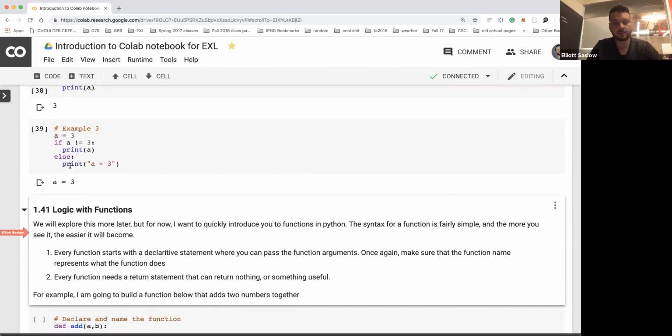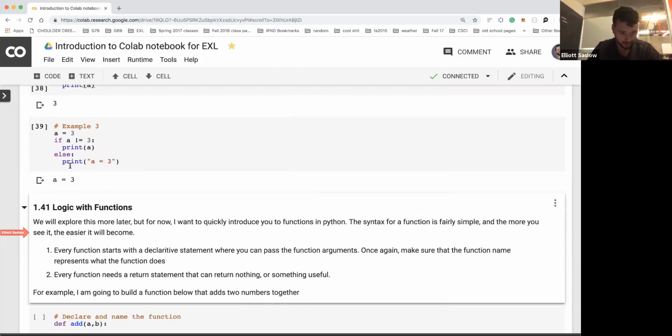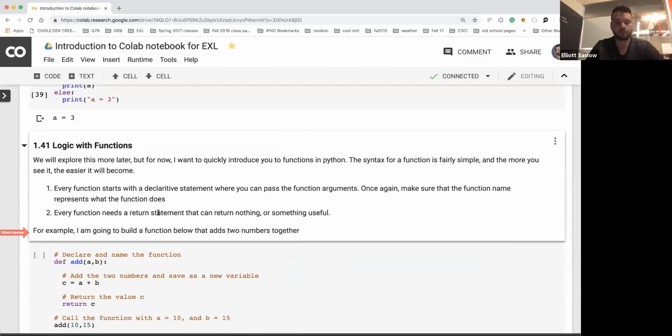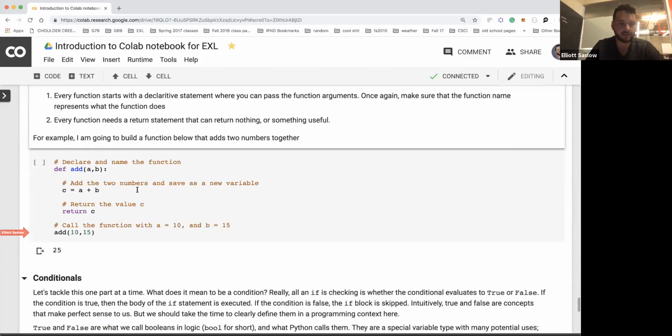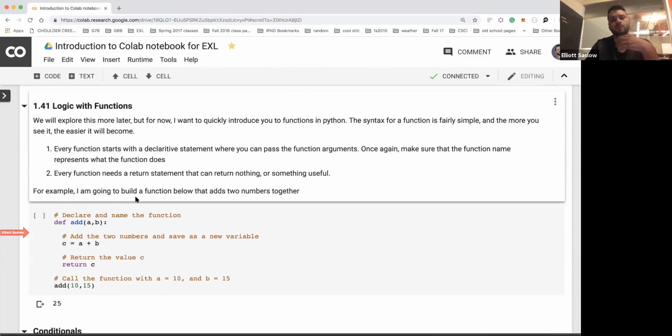So this is a little bit more complicated, but I'm just trying to get your head wrapped around what we are doing with logic, right? And this is just a little bit of an intro here. And so we're going to create a function, and we want to be able to use these if statements in the function, right? We're going to be putting these pieces together in the future. And so what I'm doing here is I'm trying to give you a broad grasp of what's going on overall, right? And so we have logic in our functions,